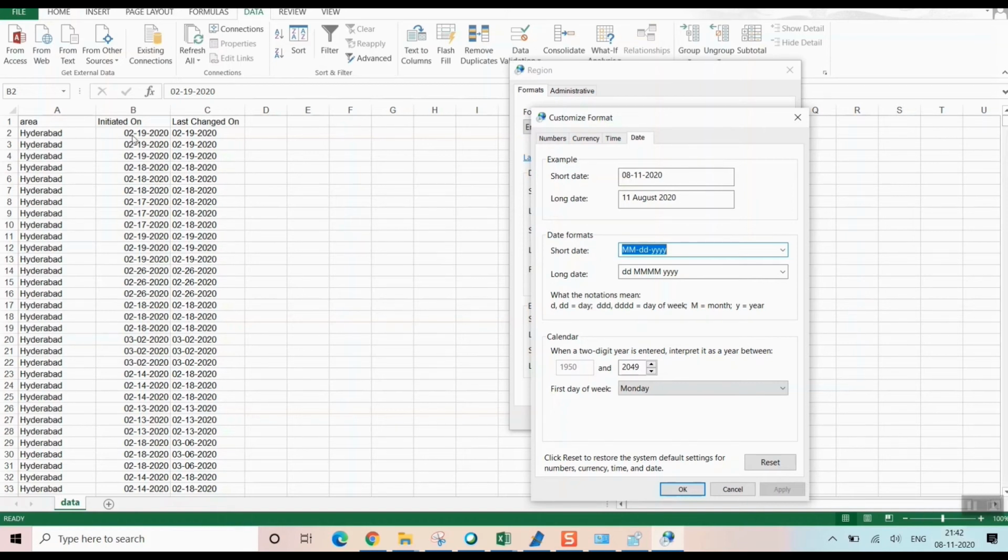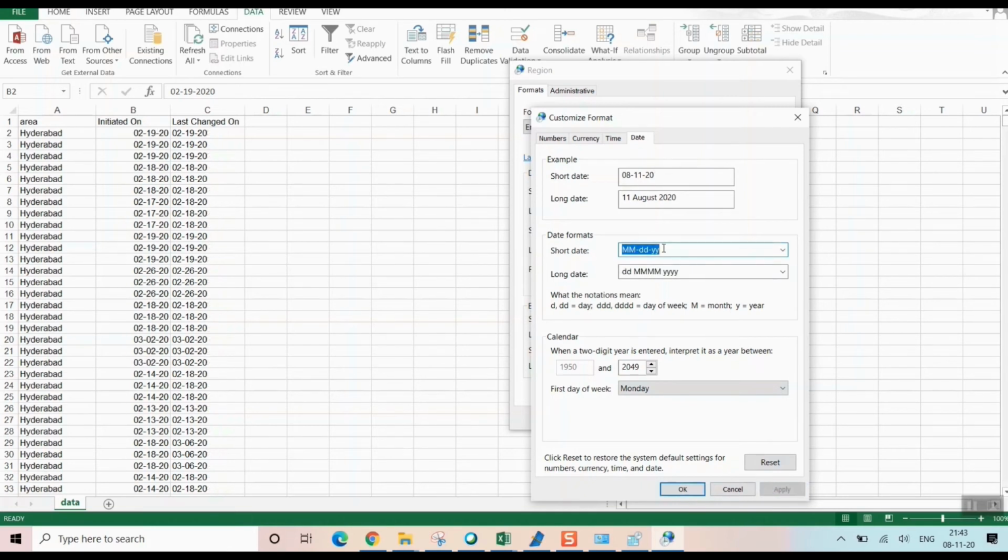And here you can see the Excel. 02 means month, February 19, 2020. So let's play again. Let's do something else. I'll just delete these two things again, apply. Once I put two Y's here, you can see how suddenly from 2020 it changes to 20 only, which also means 2020 here in Excel as well. From a 4-digit year, it has changed to a 2-digit year. So this is how you change the format of your date, month and year.